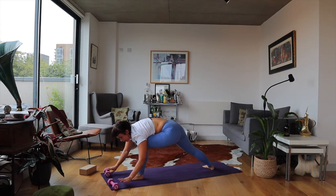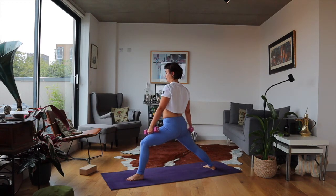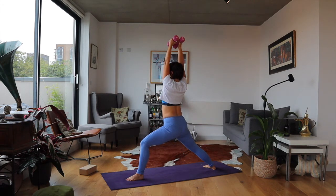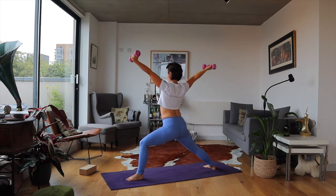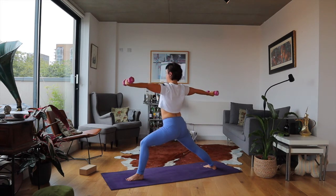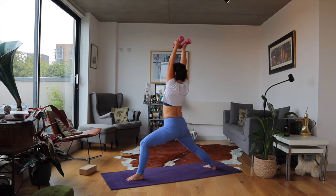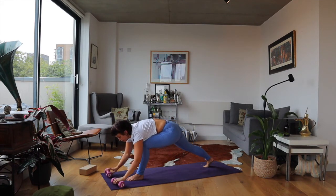Sole of the right foot down. We're grabbing those weights. We're coming into our Warrior Two. Again, you could just hold it out here, or flip your weights, your palms to the ceiling, and 1, up, lift, lower, lift, lower, 3 more, lift, lower, lift, lower, last one, lift, lower, and exhale, weights at the front of the mat, hands either side of the